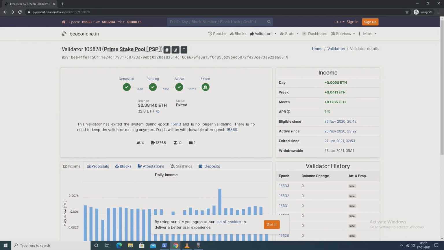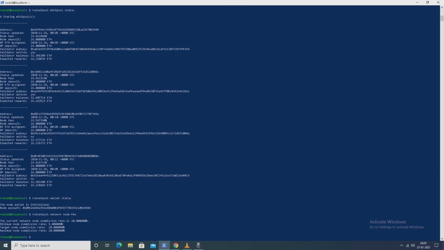So it will take some time to exit, and then we will check the node status, because till now the node status is showing the same, that 4 validators are still staking.